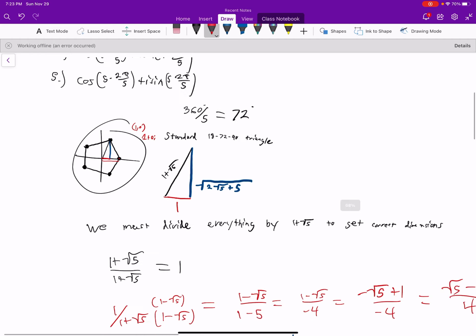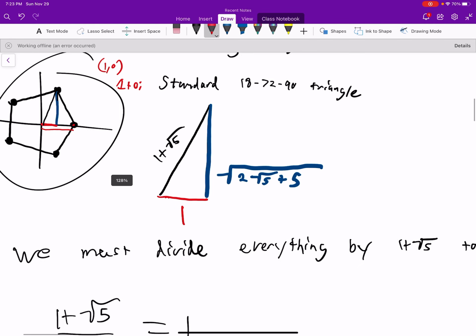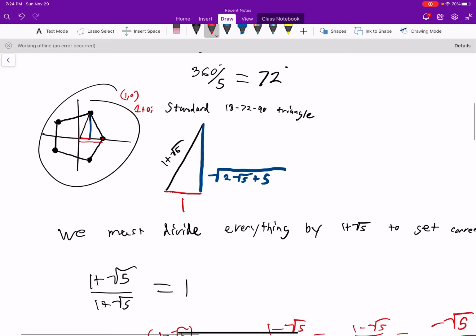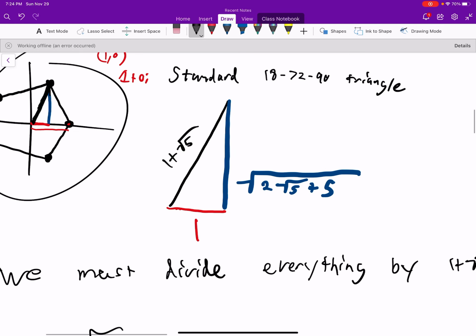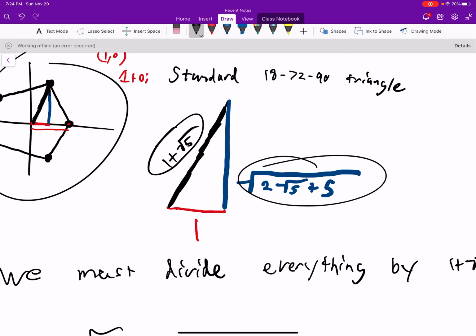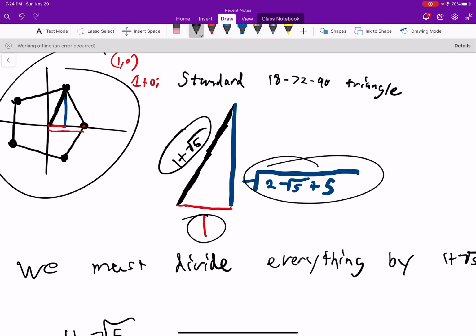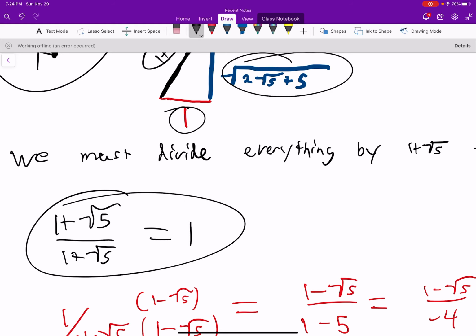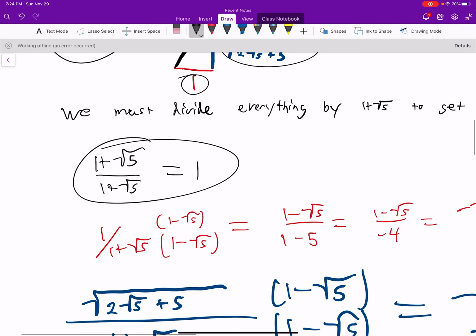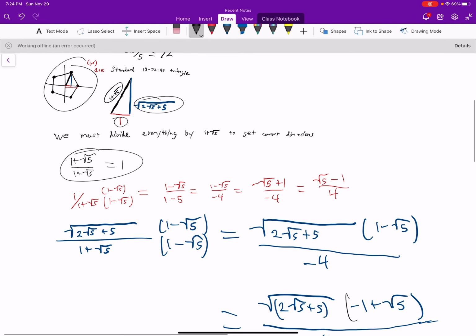All right. So we know that that's not 1. We know that it's less than 1, so we need to divide it. We do know, however, that this one is 1, right? Right here. So this right here should be 1, and we just need to divide all 3 by 1 plus root 5. And then from there we're done. So take the first one, divide it by 1 plus root 5, even though we didn't need to get 1. And then at this point, we